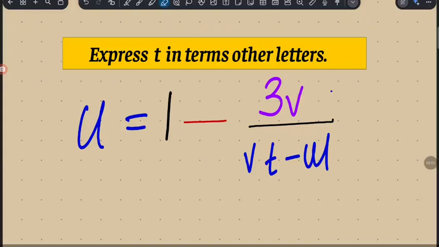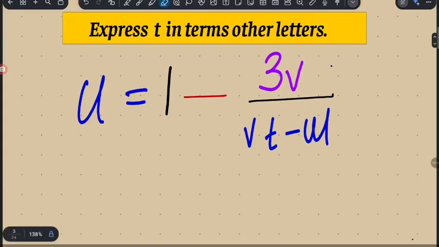in terms of other letters. That the meaning is: make t the subject of the formula. So in view of this, there is something we need to put in place. Let's try to find the xm that